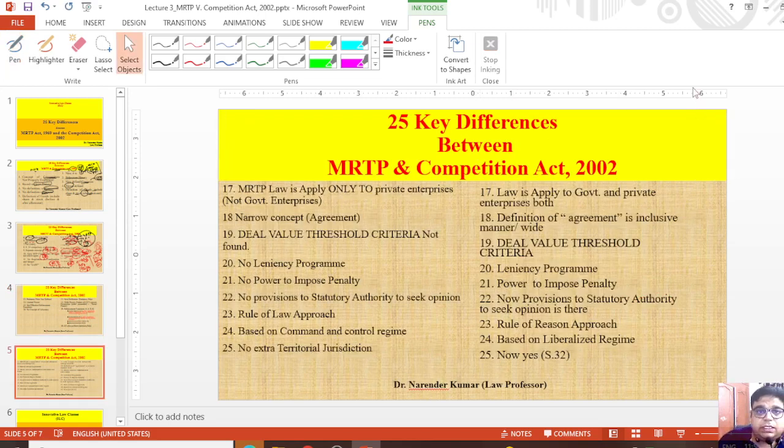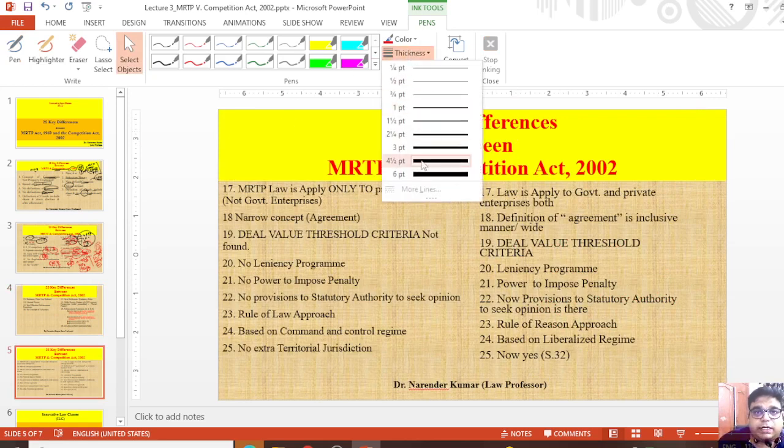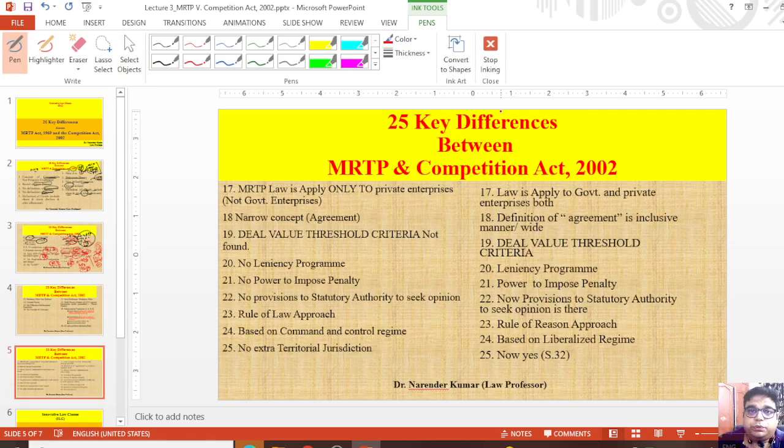Next one is that, if you talk about the next point, MRTP law is applied only to the private enterprises, not government enterprises. But right now, Competition Act law is applied to government and private enterprises both. In MRTP, the concept of agreement was narrow. Now it is inclusive manner और very broad. जब एग्रीमेंट में आप जो रिसेंट का जो बिल है 2022 उसमें भी जब रेफर करेंगे तो वहां पर भी आपको देखने को मिलेगा कि एग्रीमेंट में वहां पर चेंजेस